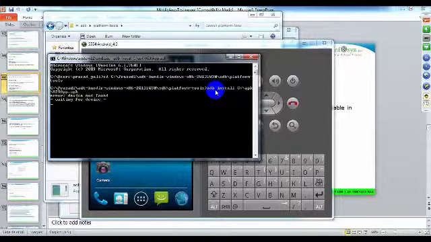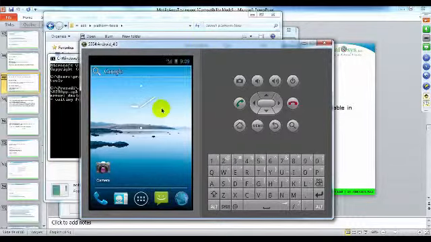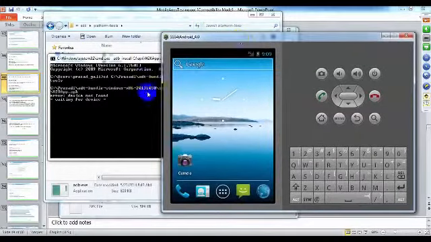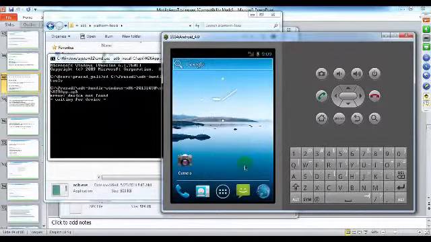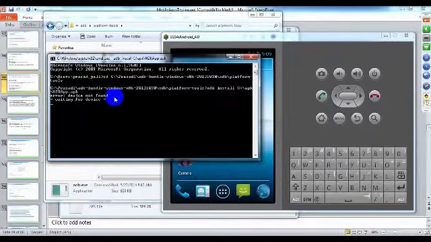Oh, why is my device not found? I can see the devices. What is the problem?